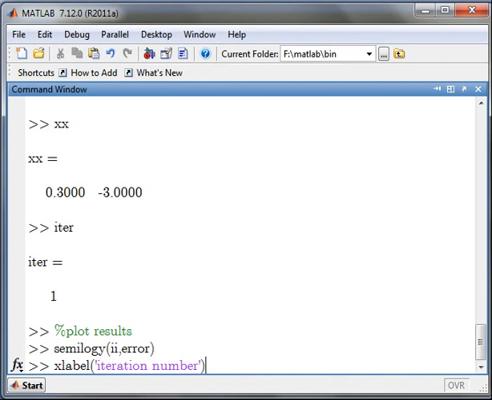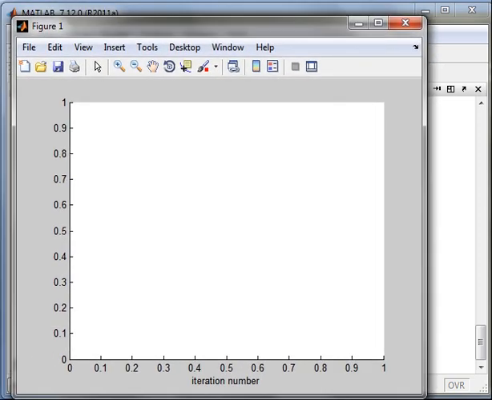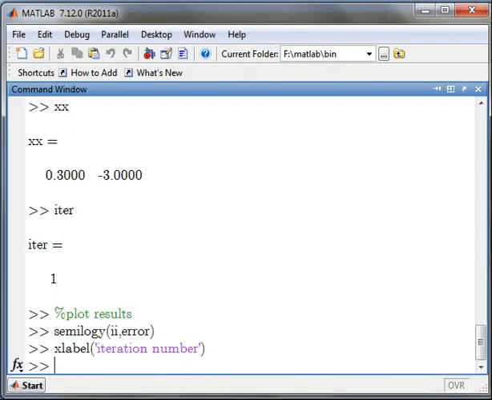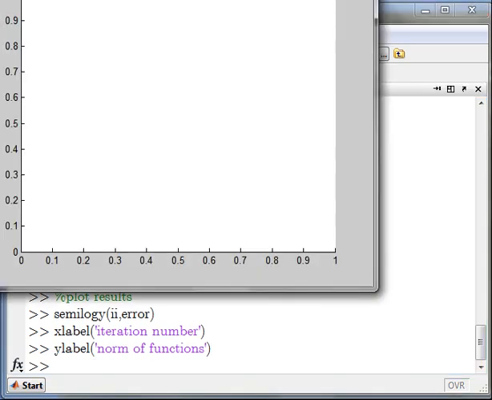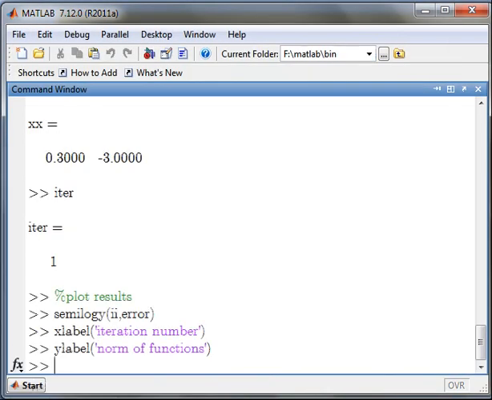We are giving the name iteration number, and see, MATLAB has given us the output with the x label as iteration number. Similarly for the y we can use ylabel and give the name norm of the functions. After giving this we get the plot with y label as norm of the function.